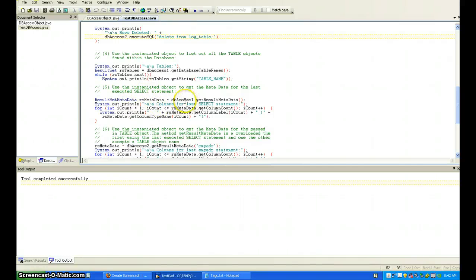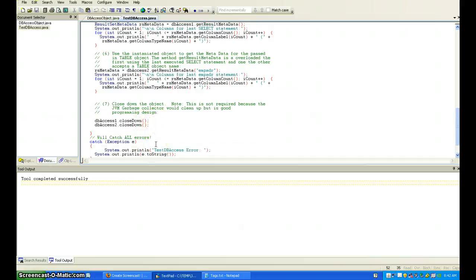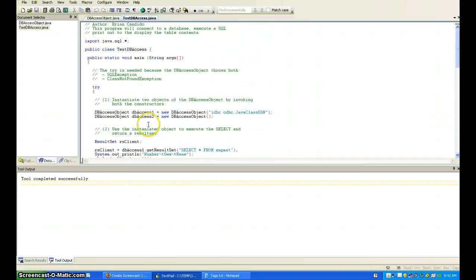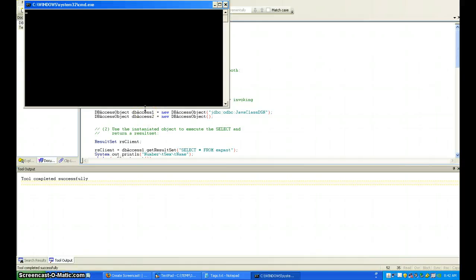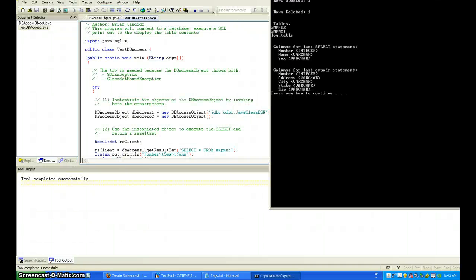And notice I have to have a result set metadata. So up here, I was able to get a result set. Here I'm getting the metadata because I'm asking about table information. And down here, instead of going with the one that was last executed, I'm asking for the metadata for a particular table, and I process it, and I close it down. And we are ready to rock. Let's let this go. Clean compile. We're running it, and there we go. And let's compare